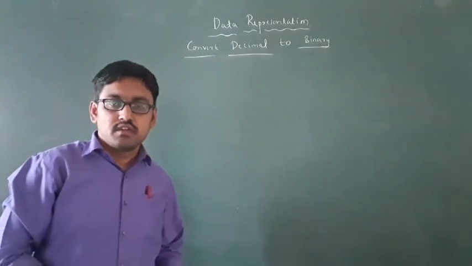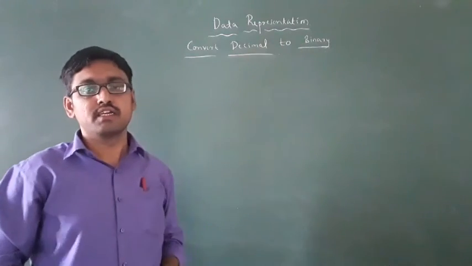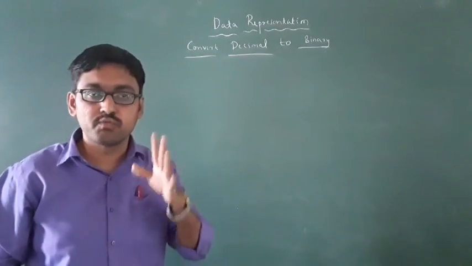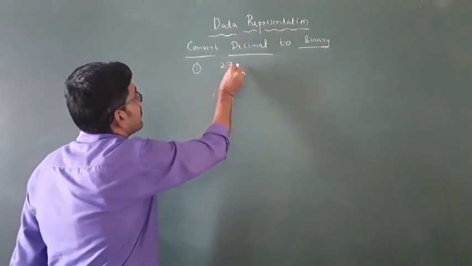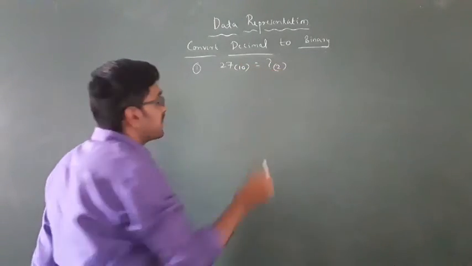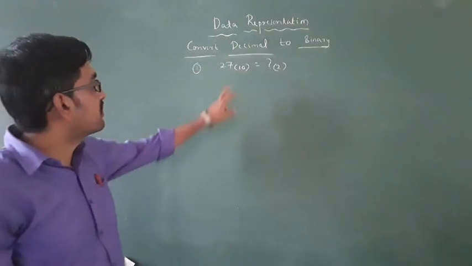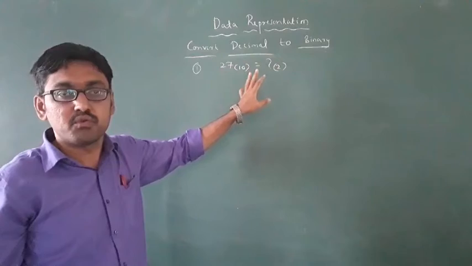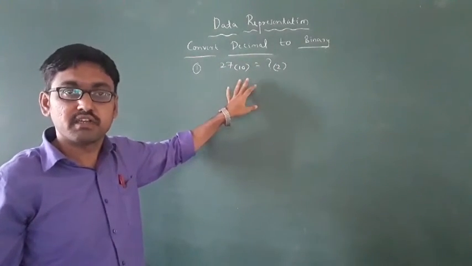Now see, in the examination they will ask you to convert decimal to binary. Decimal base you know is 10, the binary base will always be 2. In the examination they will give you like this, 27, this is in decimal, you have to convert it into binary. How to convert this 27 to binary? This problem is asked for 2 marks, 2 or 3 times in the examination.